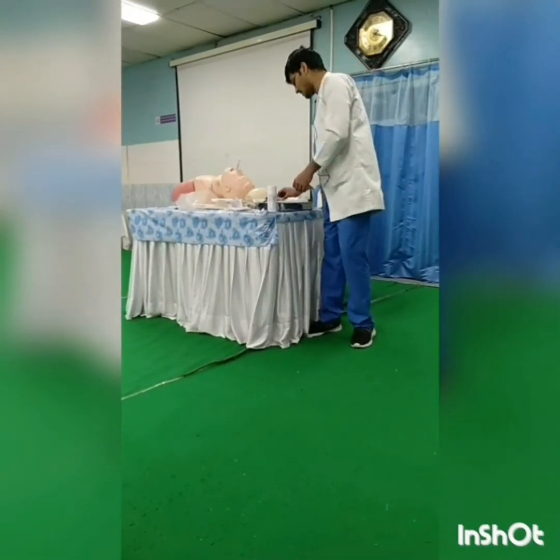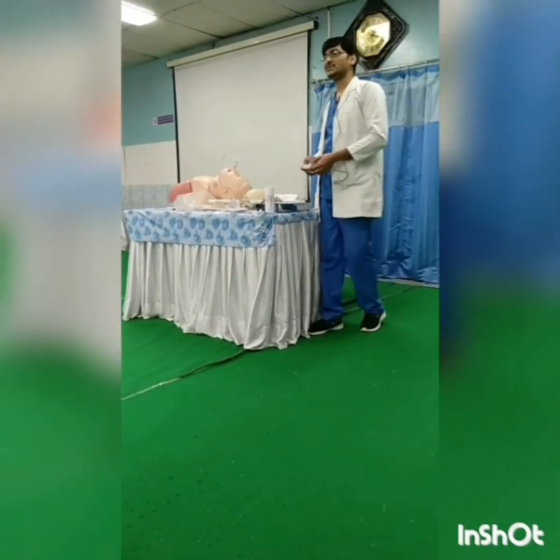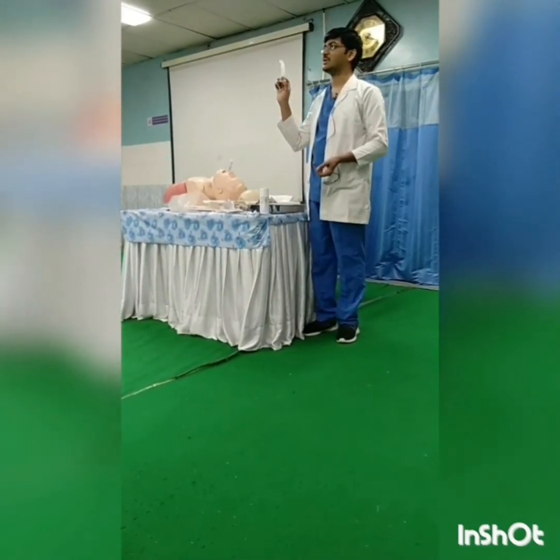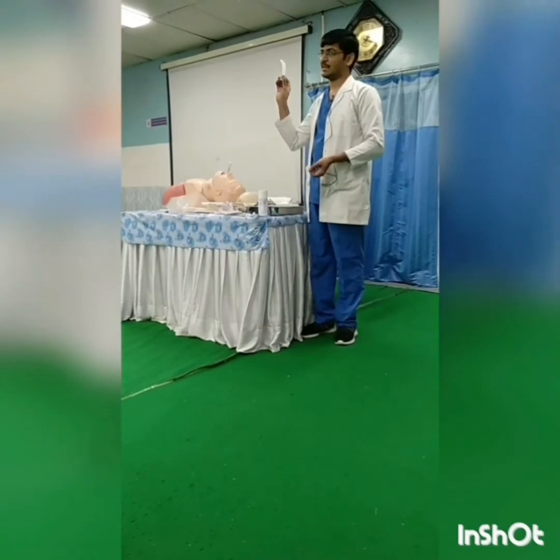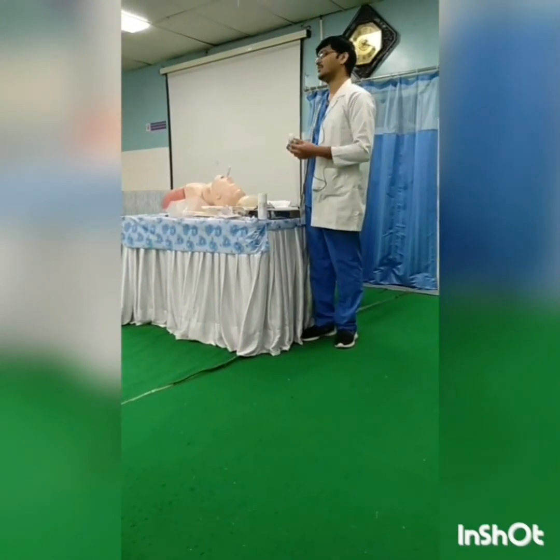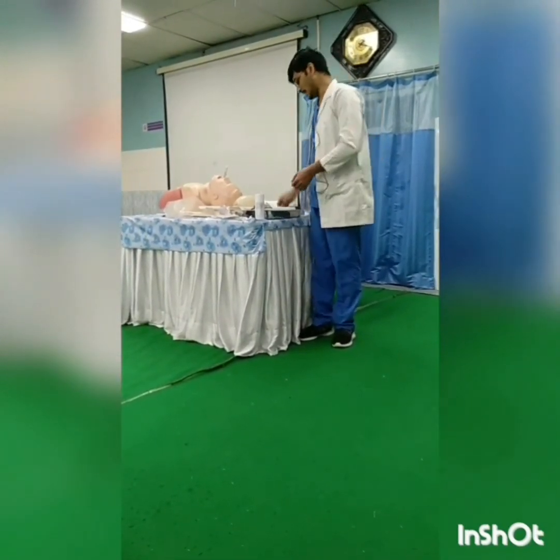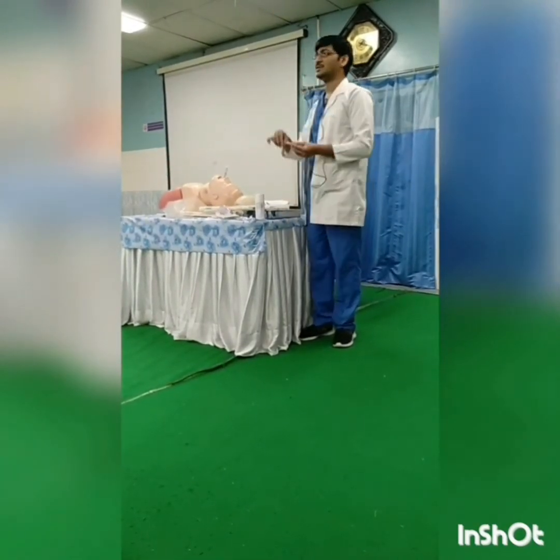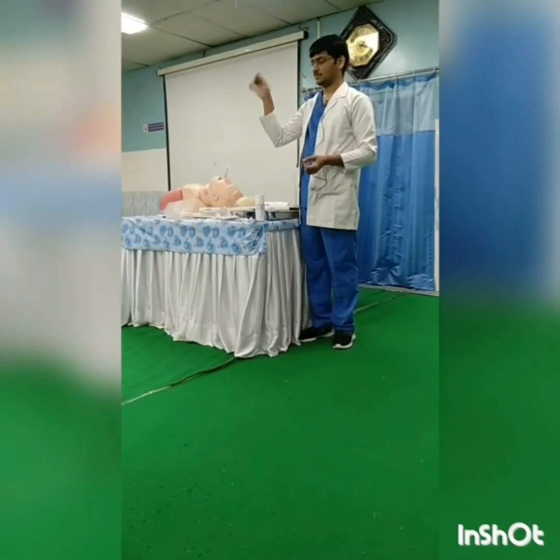So if we come across the airways for non-invasive patients, we use first this oropharyngeal airway, or else we also call it the Guedel airway. This again has 2 to 3 types. Now first we are going to deal with this one, and next the nasopharyngeal airway. This is the nasopharyngeal airway.